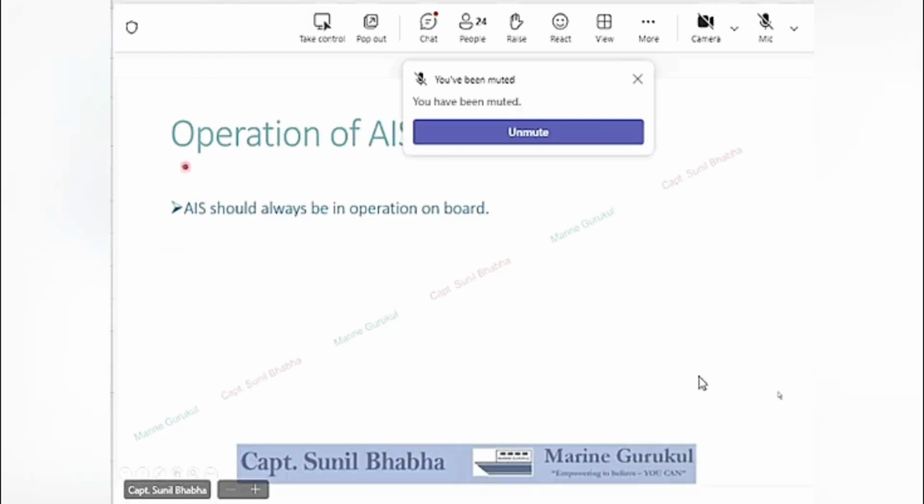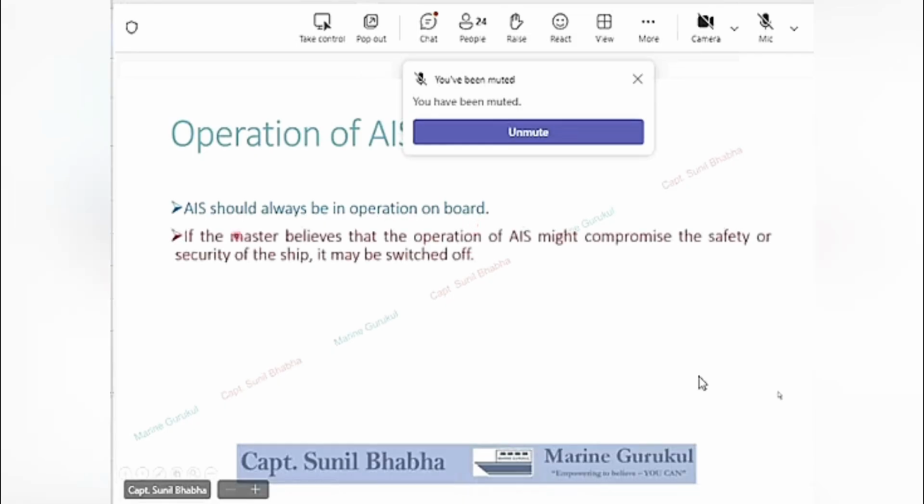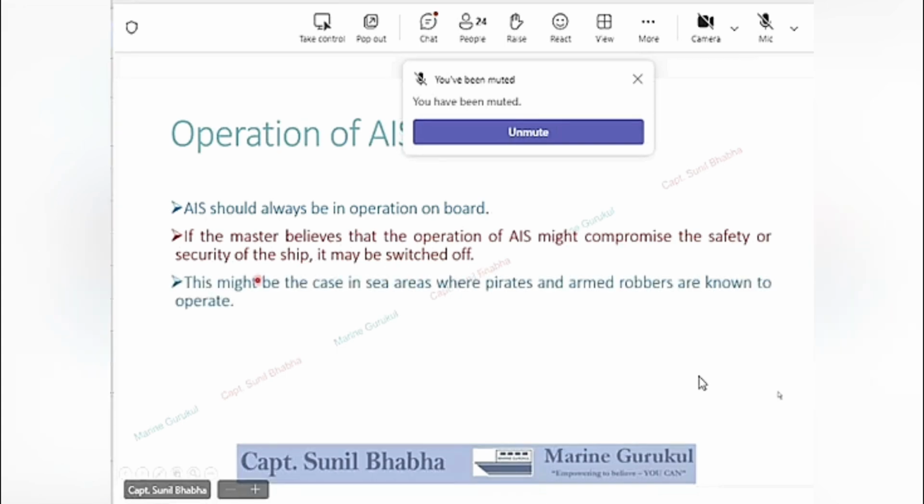Now, something related to the operation of AIS on board. AIS in normal circumstances should always be in operation on board. Now, in case the master believes that the operation of AIS might compromise the safety or security of the ship, it may be switched off. It is within the authority of the master.